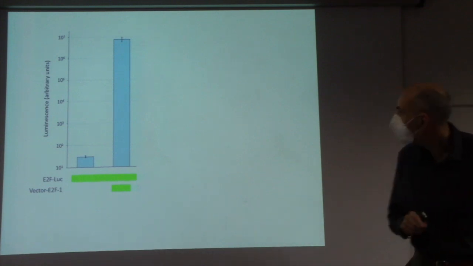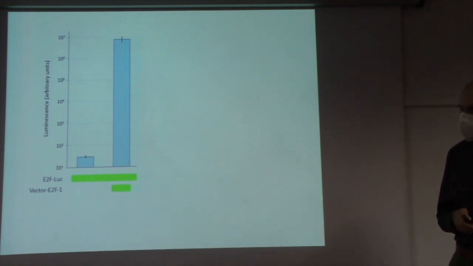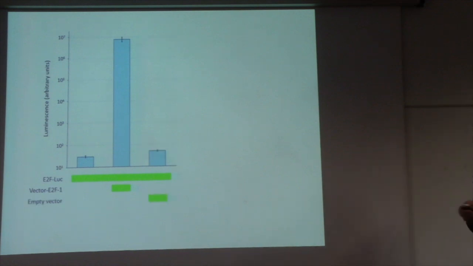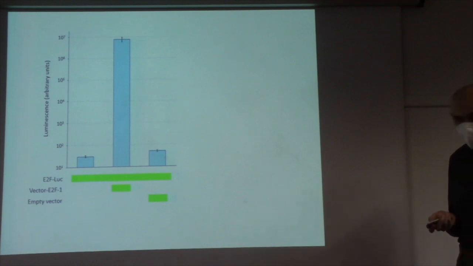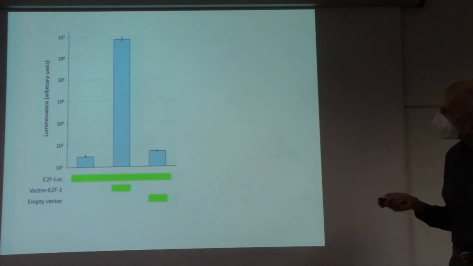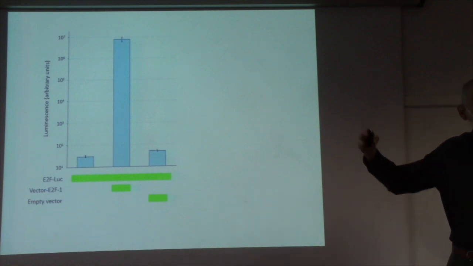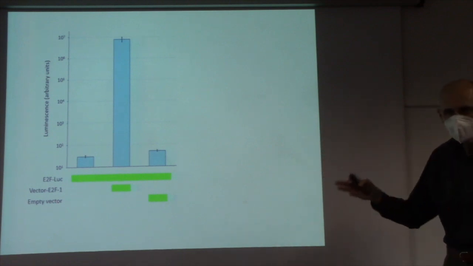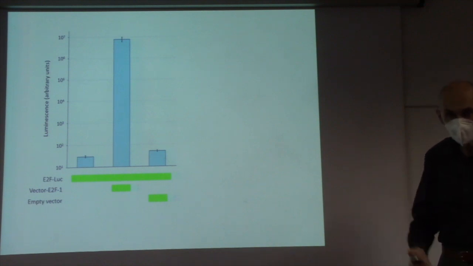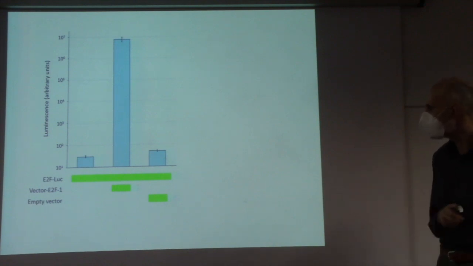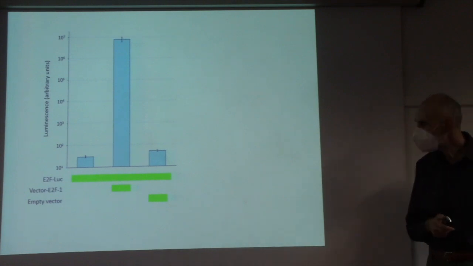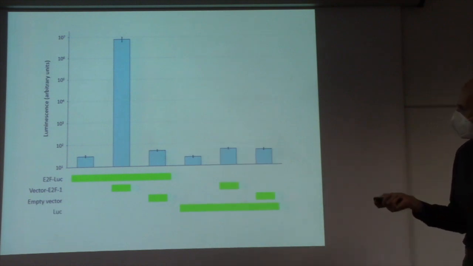Anti-vector. An empty vector, exactly. I was hoping that I had cancelled it fast enough. So, yes, you had an empty vector, similar to what we had done before. So we make sure that it's not the vector, it's not some sequences in the vector, it's not the transfection itself, it's just E2F. And then, I should add, we might add further additional negative controls, such as, for example, not having the